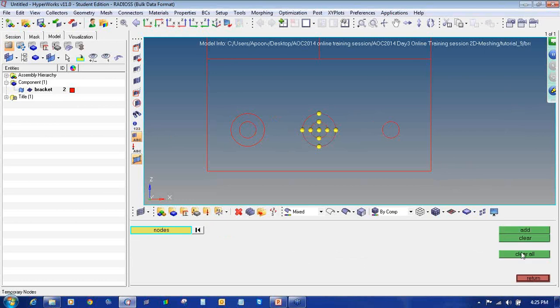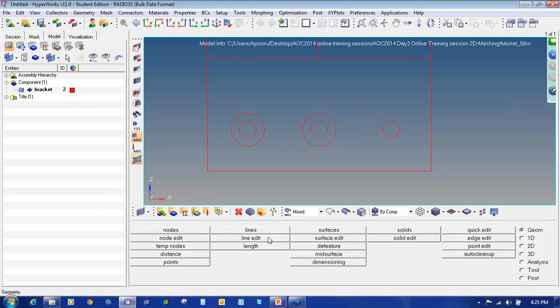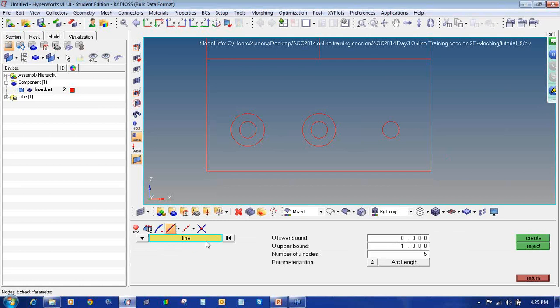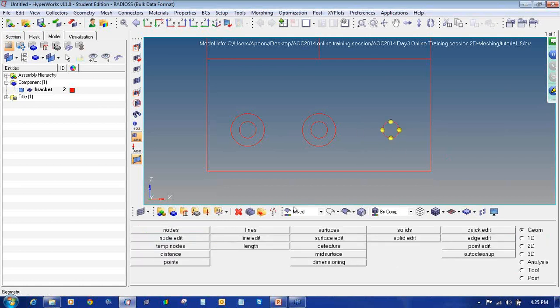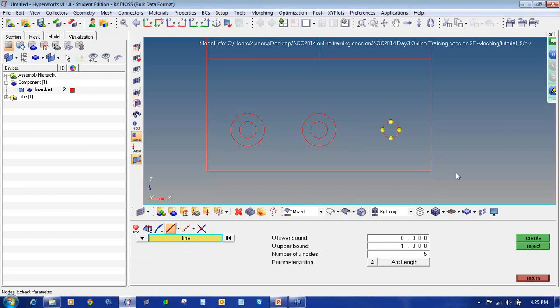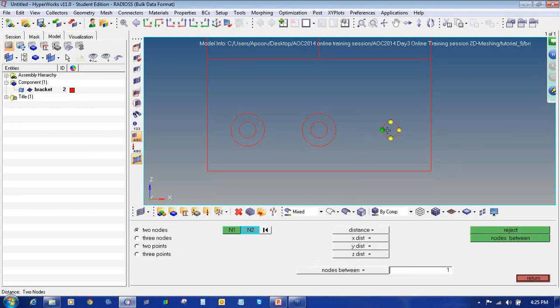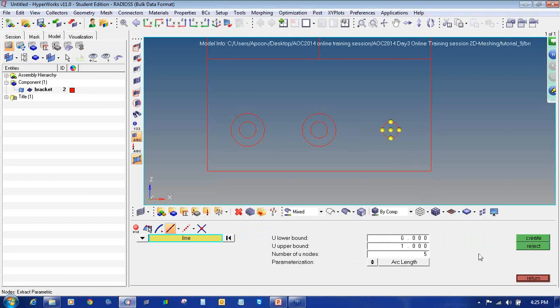So I will press Shift F2 and clear the temporary nodes. Then again I will press F8 from my keyboard, that is the shortcut of the nodes panel. Select this line and say create to create the 4 nodes. Press F4 from my keyboard, pick these 2 nodes and say node between to find the center node.